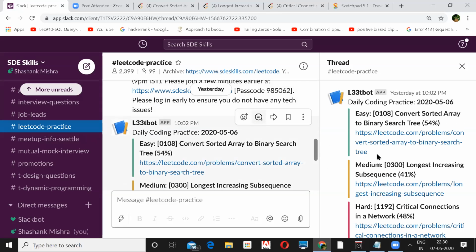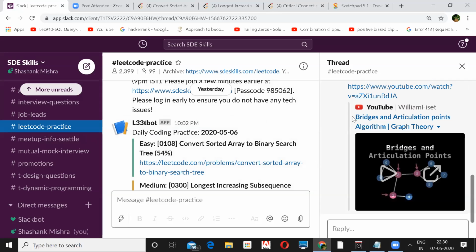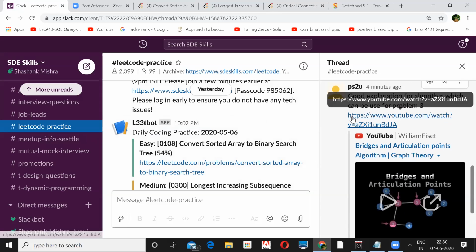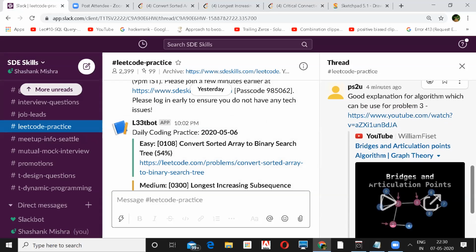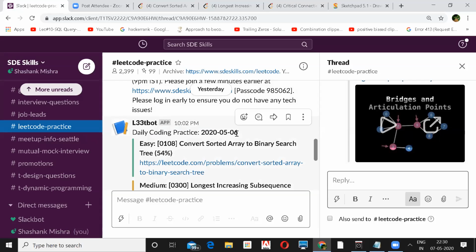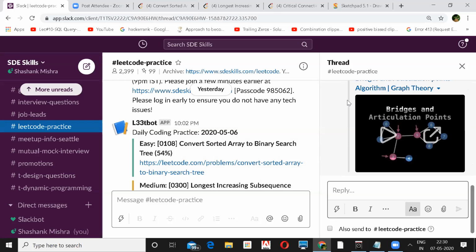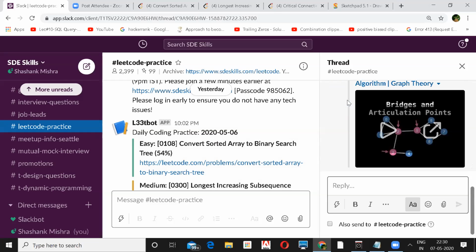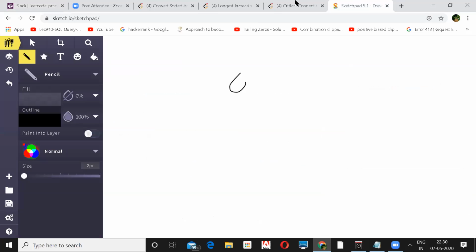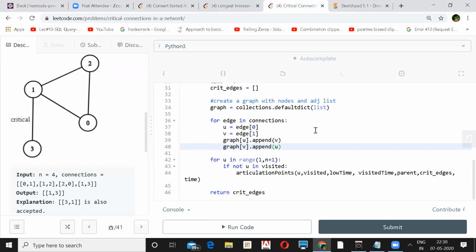Go below, yes, this one. I'm new to Slack, so I don't know about it. I'll also share. If it's a different one, share it, please. No issue. Okay.